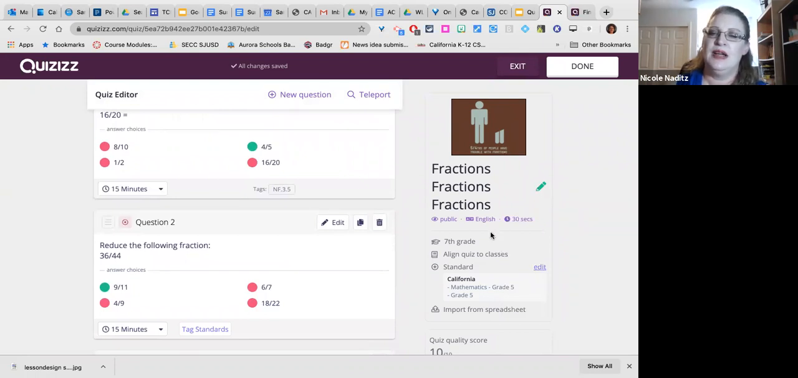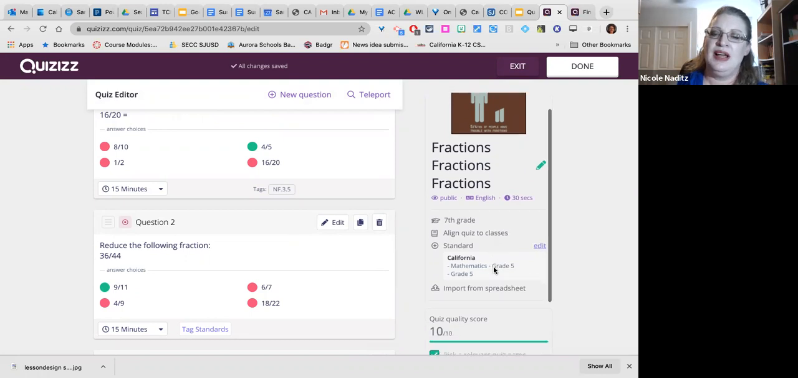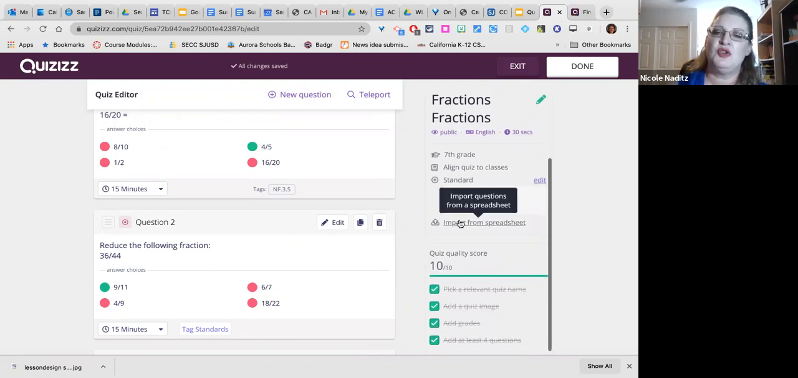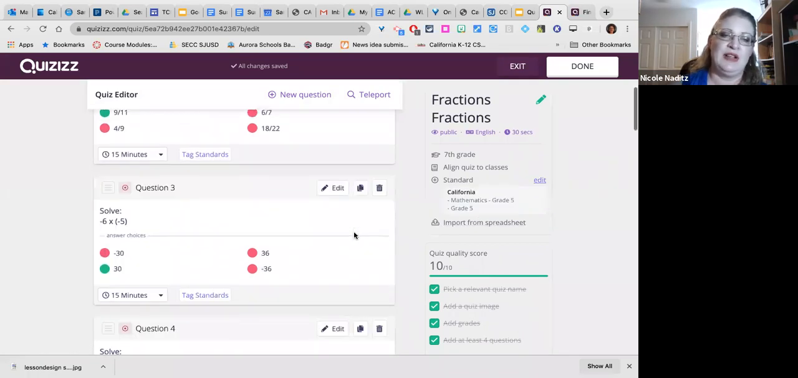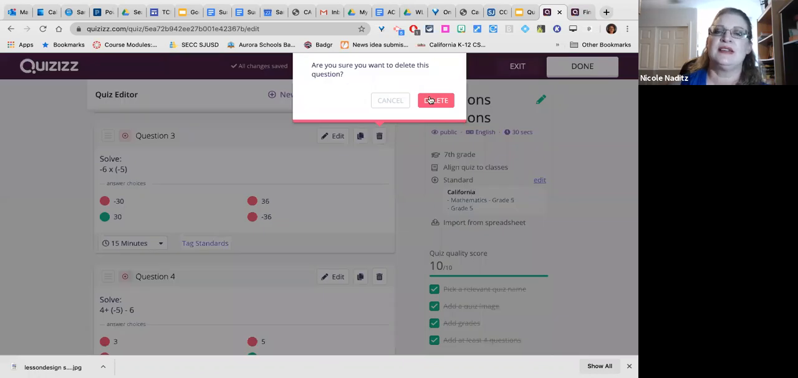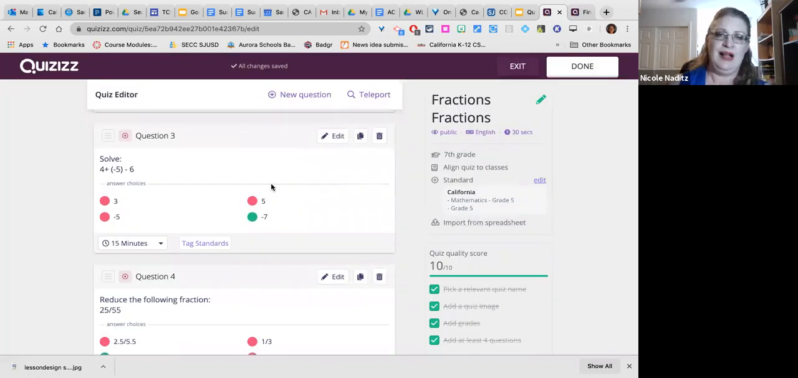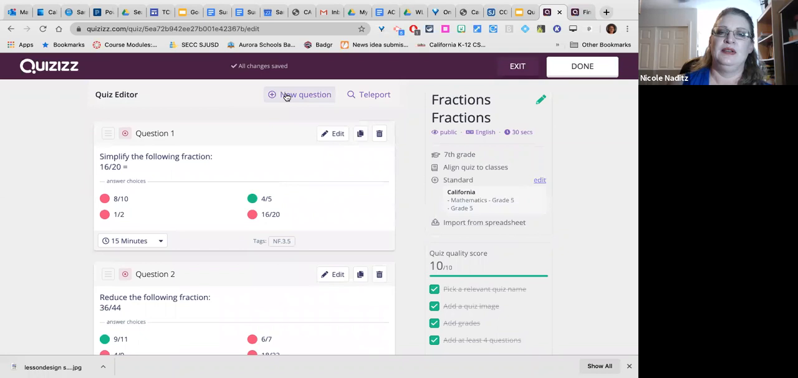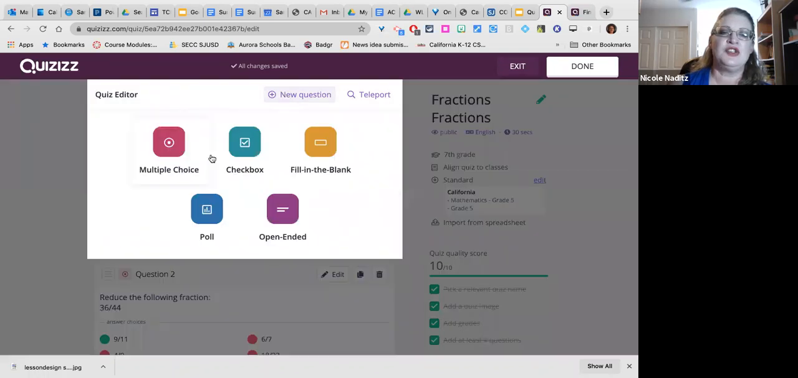Okay. And then you have some additional ways to import, like you can import questions from a spreadsheet if you have a spreadsheet available. If you don't like a question, you can just delete it and then it will be gone. Okay, and then you can add in additional questions of all of these types. Oh, there is an open-ended one. Good. You can add multiple choice, checkbox, fill in the blank, a poll question or an open-ended question, and teleport